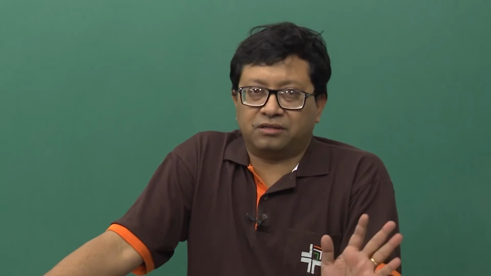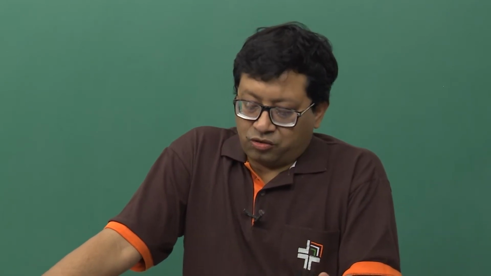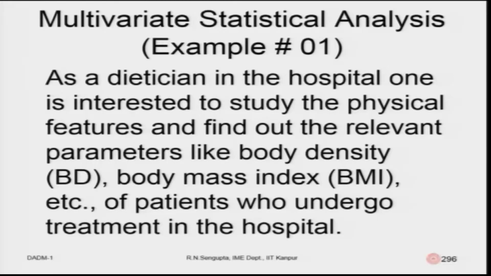So, then how would you analyze food habits? You need the parameters, basically you need to know some values of the human being, the patients whom you are going to treat. Things relevant for the studies are body density and body mass index. In many cases you try to find the ratio of the height to the weight, and what the fat content in the body is. The dietitian gets all this from the patients who undergo treatment in the hospital.